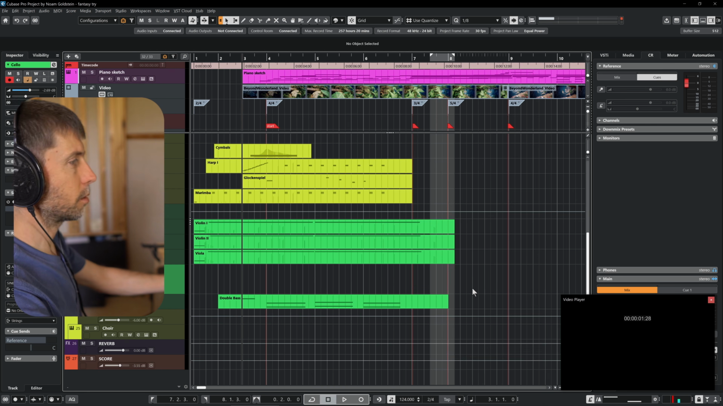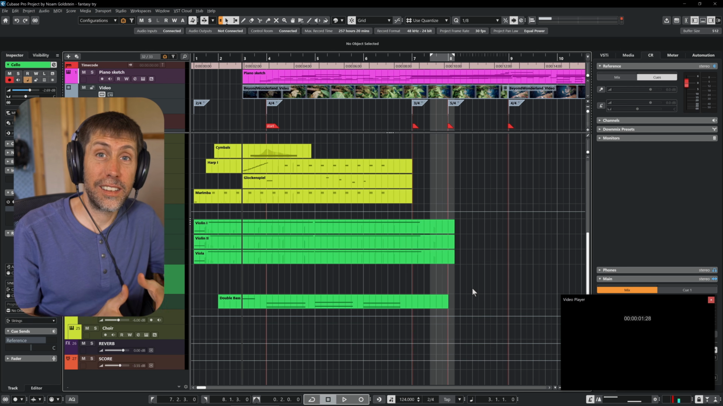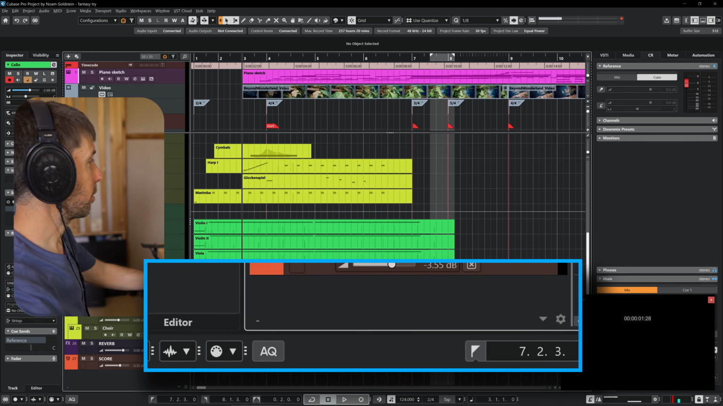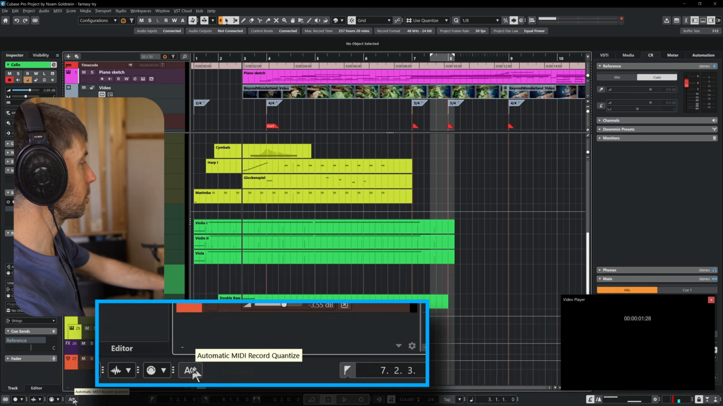Second thing I would do is, in order to completely avoid the need to quantize, I can turn on auto quantize. You've got this little button down here in Cubase. When you activate auto quantize, it causes any MIDI input that you record to automatically shift to the closest grid line according to your quantize value. So this means that every note I'd play would go to the closest eighth note, and I would not need